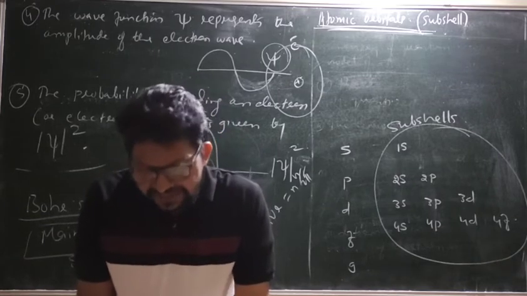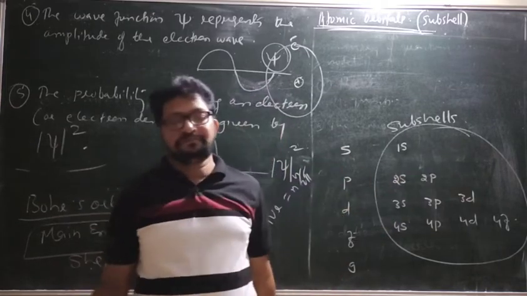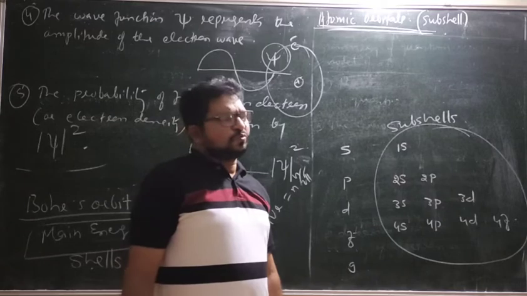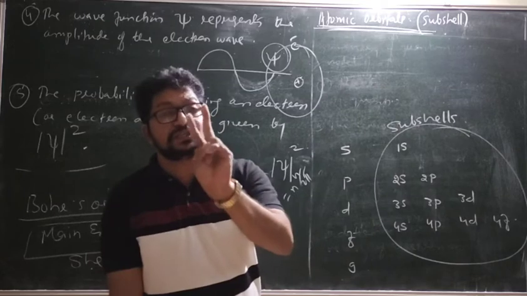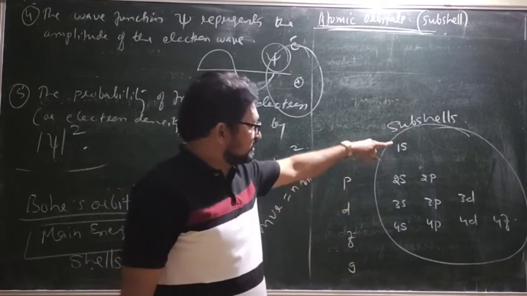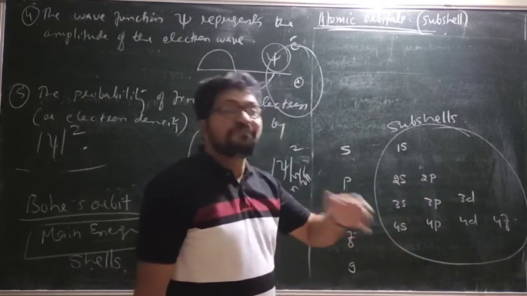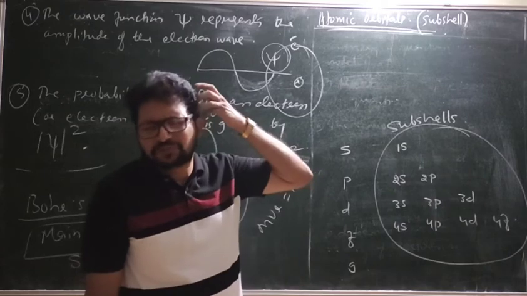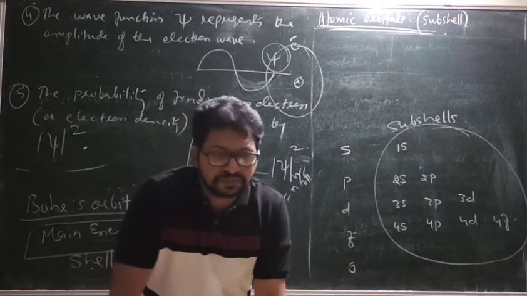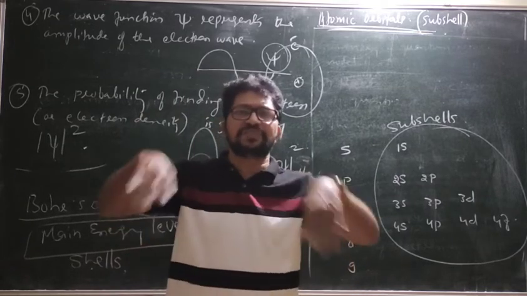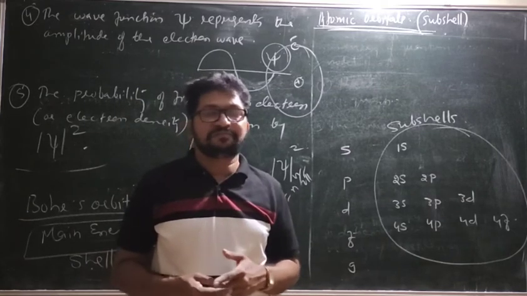Subshell and orbital are slightly different. I will show you. A subshell is further divided into orbitals. So what do you mean by an orbital? The capacity of any one orbital is 2 electrons. The capacity of a subshell is s2, p6, d10, f14, like this. I'll come to that point in detail. That is why subshell and orbital are not the same. The s subshell and s orbital are the same because there is only one orbital in the s subshell.